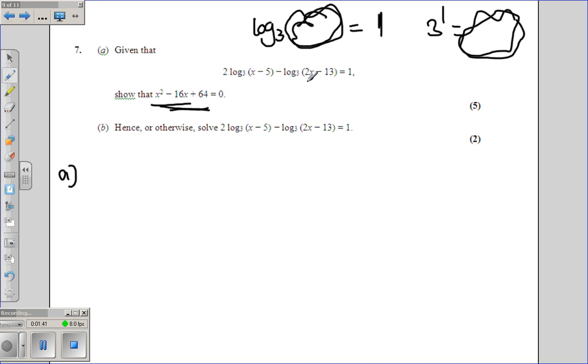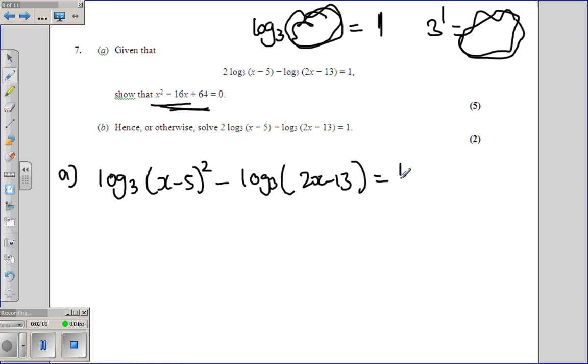So when you're subtracting logs, you divide. But before we do that, we've got a power here. You can only use the log laws if it's log something, log something. Here we've got 2 log something. So we're going to bring that 2 to the front and make it a power. So log 3 of (x minus 5) all squared, because that's the 2 going there, subtract log 3 of (2x minus